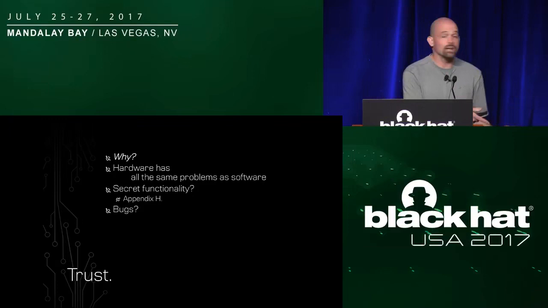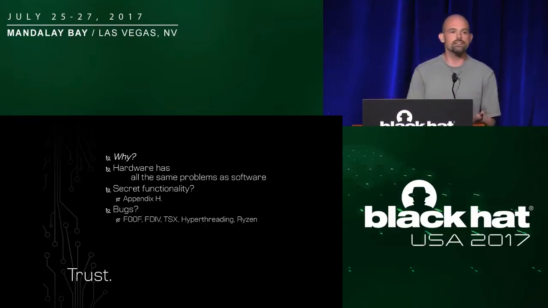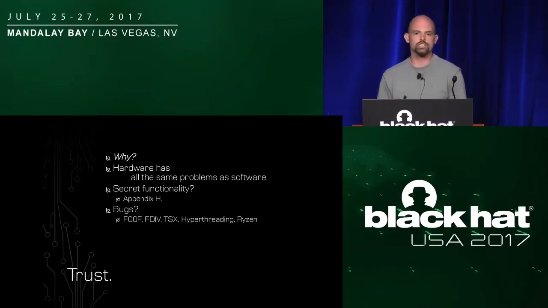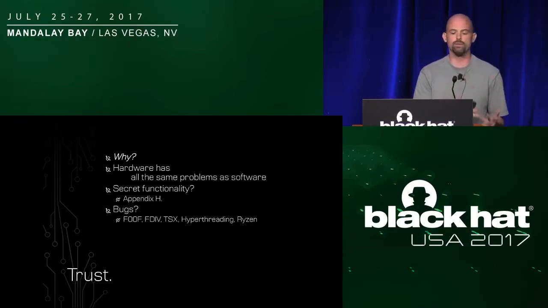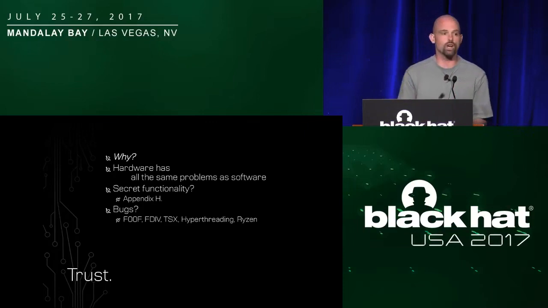What about bugs? We worry about bugs in software, right? Does hardware have bugs? Absolutely. The Pentium had the F00F bug, where you could give it what was called a lock cmpxchg8b instruction, and the processor itself would lock up. It's a serious security vulnerability. The Pentium had the FDIV bug, wherein 1 in a couple billion floating point instructions would be off by a fraction of a percent. It cost Intel about $500 million.